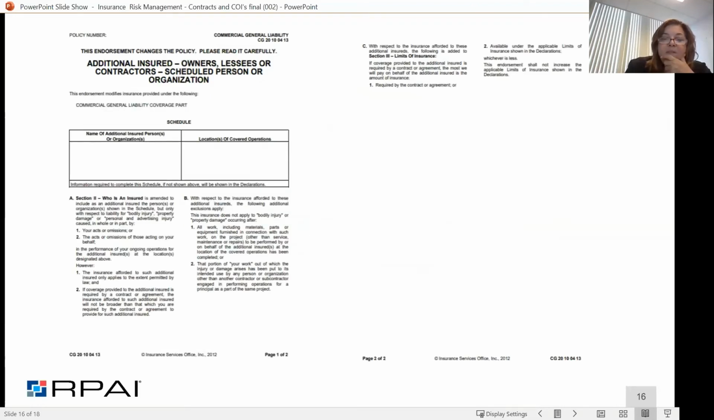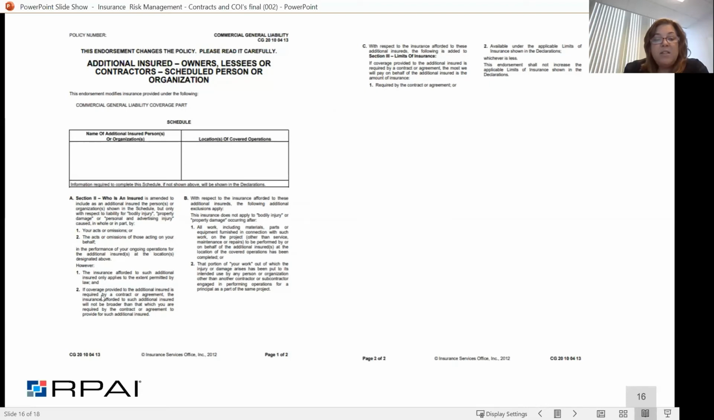Now, when you have the CG 10 413 form, again, it's the same type of thing: scheduled persons, you can list them in here. Who is an insured is anybody listed as an additional insured with respect to bodily injury, property damage, for your acts or omissions, those that are done on your behalf. And if you see down here again, it says for ongoing operations. But it says, however,